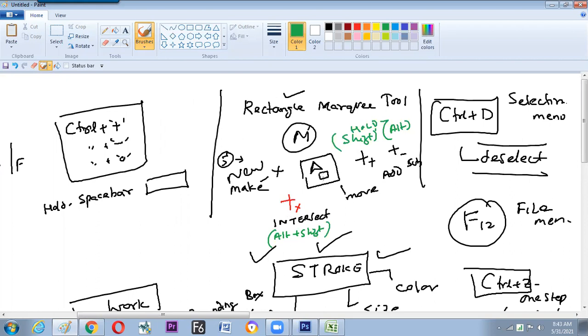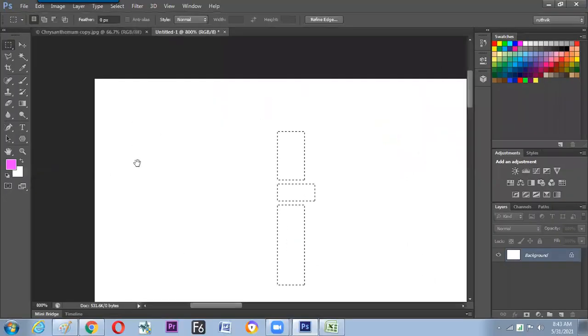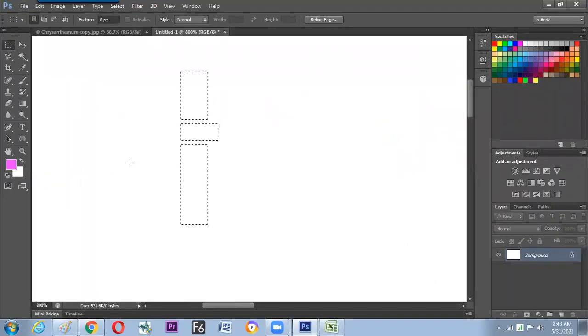Now we have seen both ways of making addition, subtraction and intersection, either through the keyboard shortcut or through the option bar. In both ways we get the same output. So let us move to a practical use of it. Check the screen.